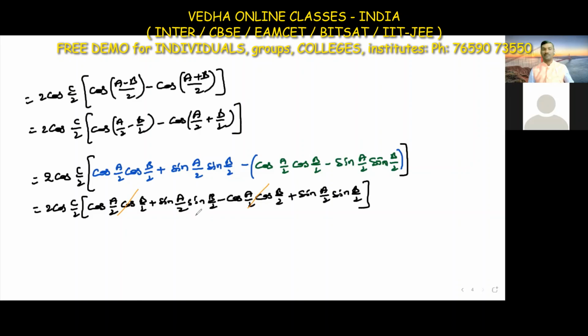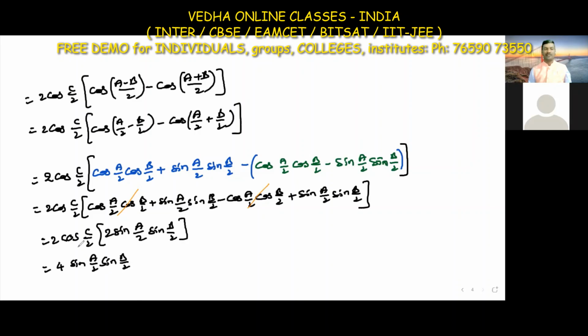We get the second part. Addition means we get the first part, subtraction means we get the second part. The second part is sin sin, so that part only we are getting here. Now this equals 2 into cos C by 2 as this, and 2 sin A by 2 and sin B by 2. So 2 into 2, what is 2 into 2? 2 into 2 is 4, and sin A by 2 sin B by 2.